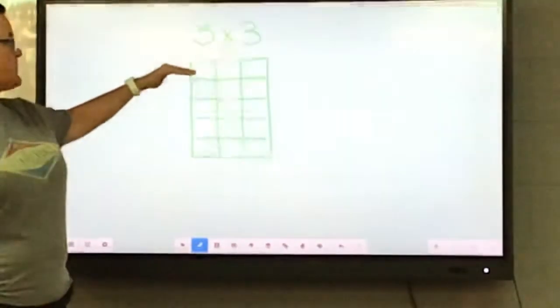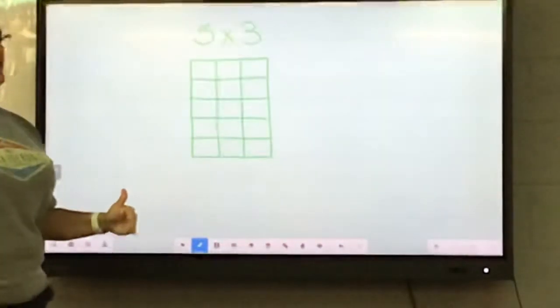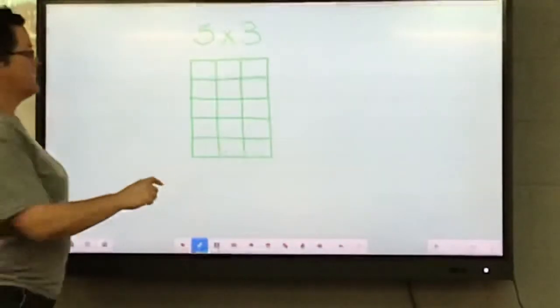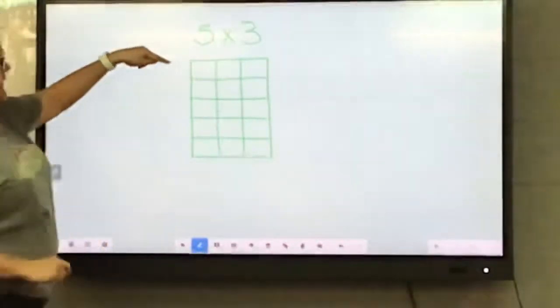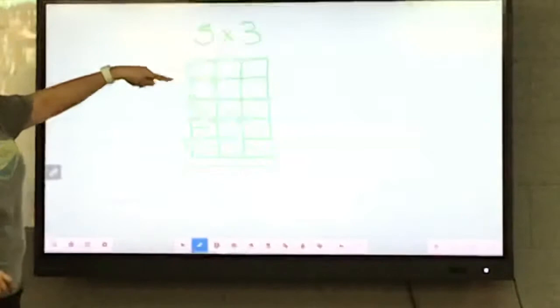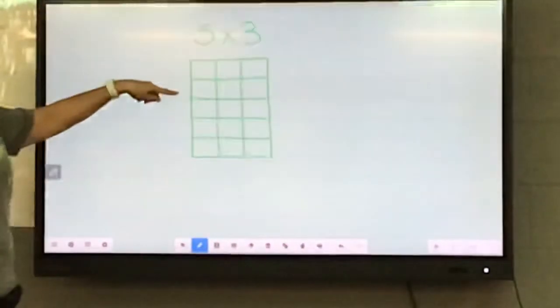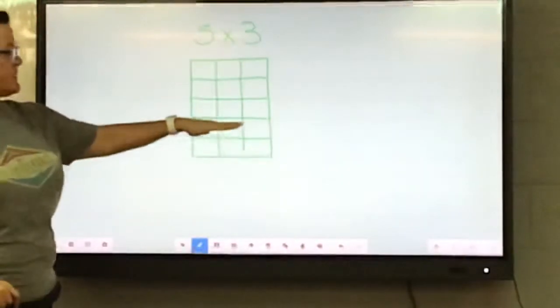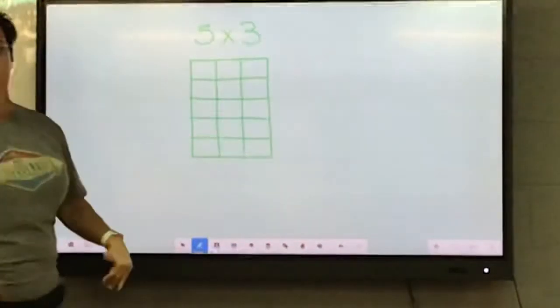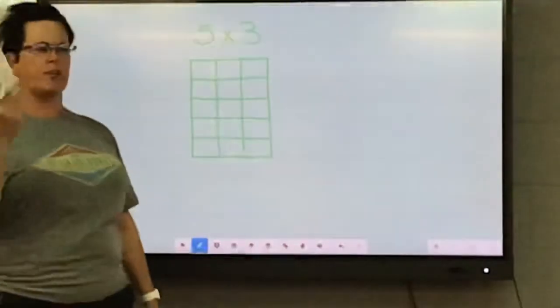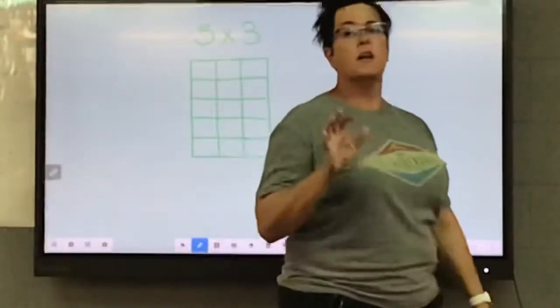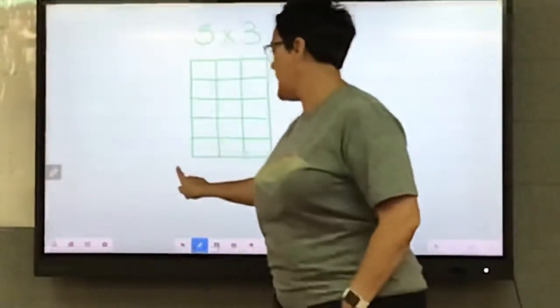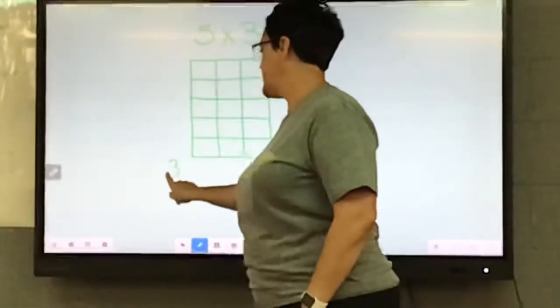What is it that's being repeatedly added together? 3. Okay, so we have 3 plus 3 plus 3 plus 3 plus 3. How many times are we adding 3 together? 5. 5 times, right? So our repeated addition would be